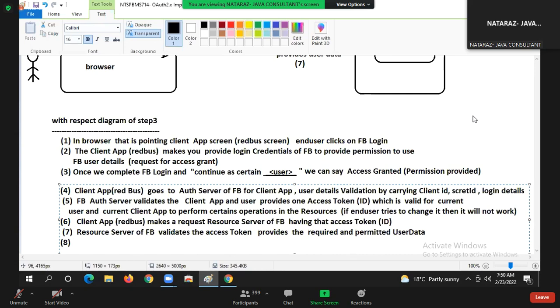Number 8. Finally, permitted user data goes to the client application. Okay. Finally, the client application gets user data and